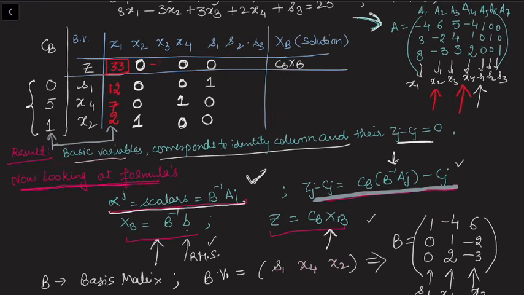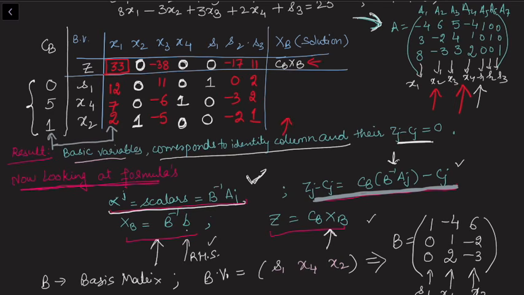So we calculated these entries, and I'm filling them now into this table. 11, minus 6, minus 5. S2 we have calculated minus 17, 0, minus 3, minus 2, and S3 we have calculated 11, 2, 2, 1. Now let's see what is remaining. Remaining is this XB column and this particular entry.